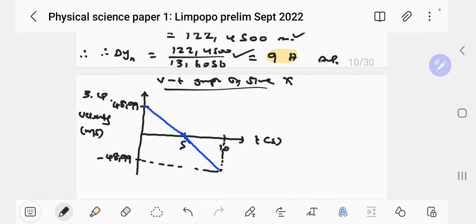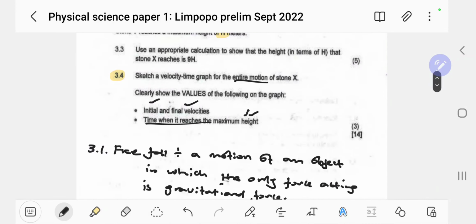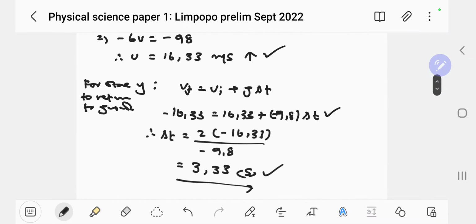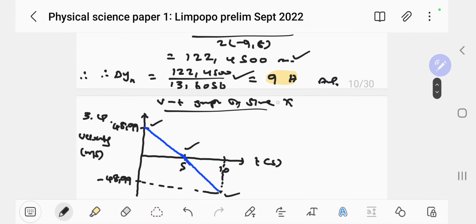So that is done. Okay guys, I think that is usually the tough questions in physics, where you have to do quite a lot over not so much of time. So they wanted this time here, they wanted the initial velocity, they wanted the final velocity. But remember, this sketch is not going to be complete if you have not labeled. You don't have a topic or heading, you don't have the x's labeled correctly and their units there.